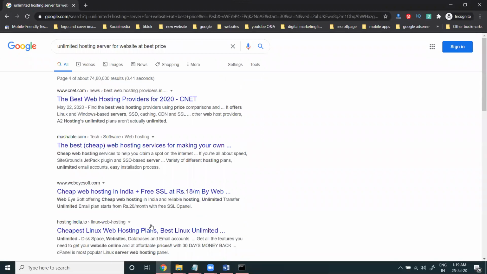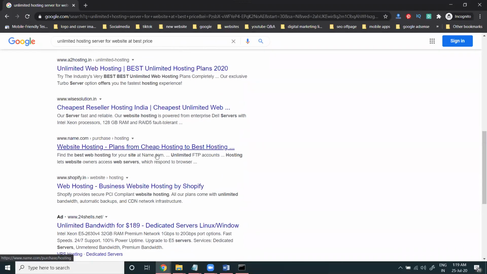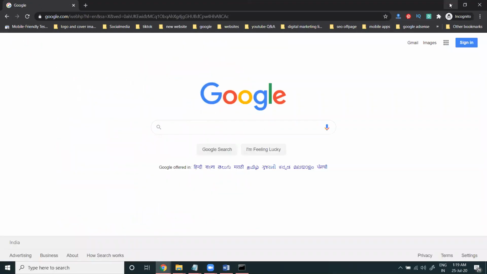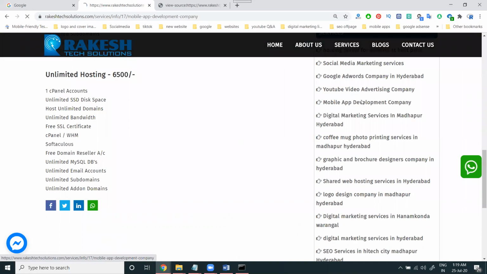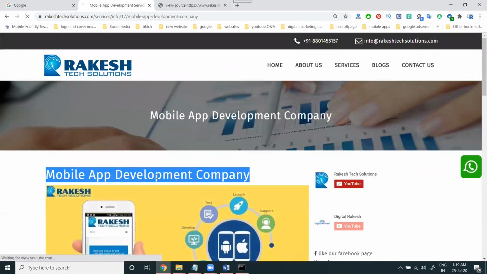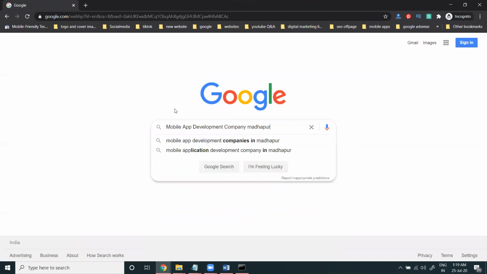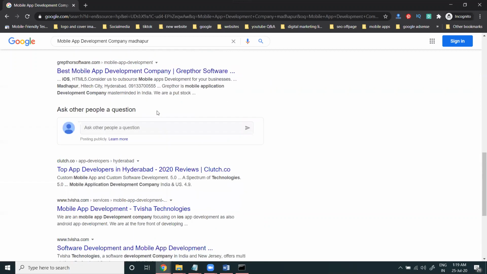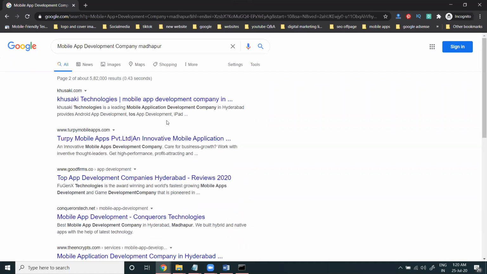In the third page also, your particular position is not there. So depending on the keyword, you have to promote your particular website on Google search engines. This all belongs to your search engine optimization purpose. For any particular URL, the most important thing is your particular keyword. We can use this keyword for a particular location or option. So if I'm searching here, we can check where our website position is.